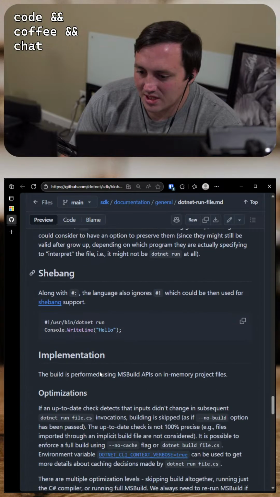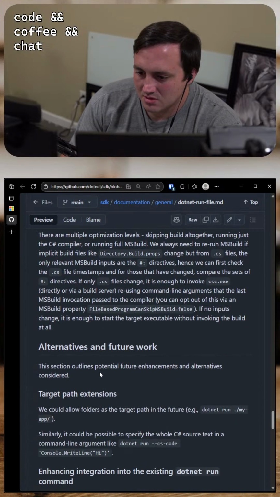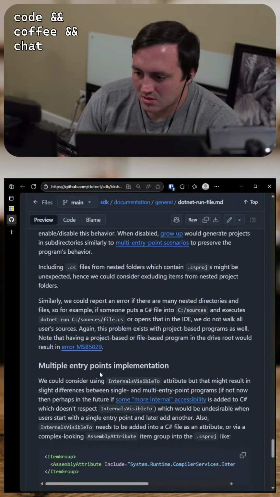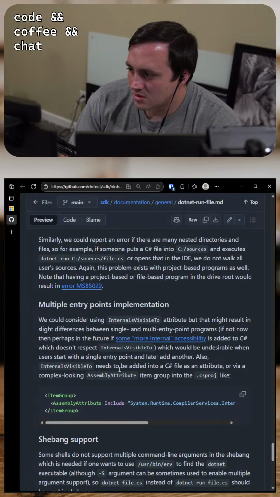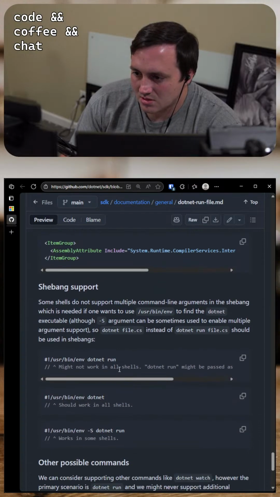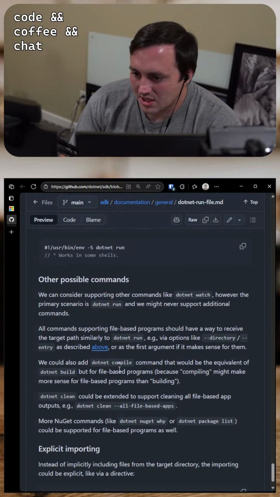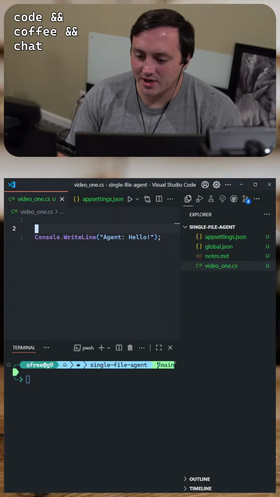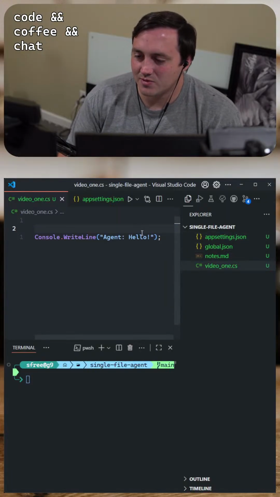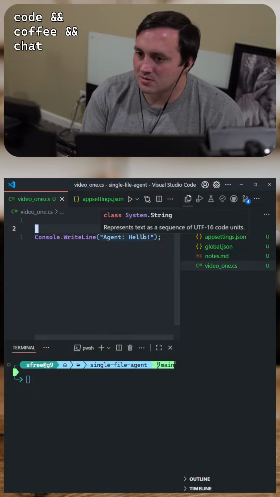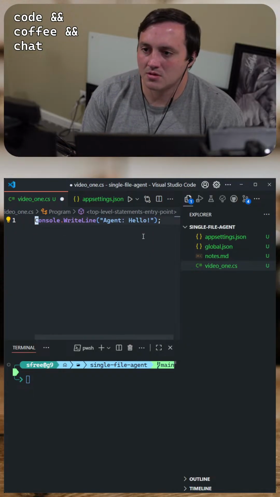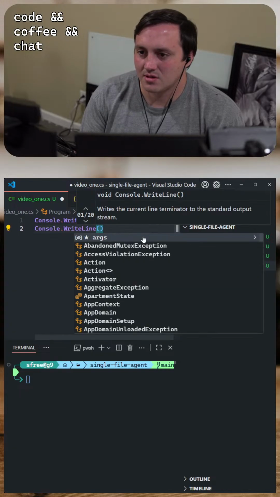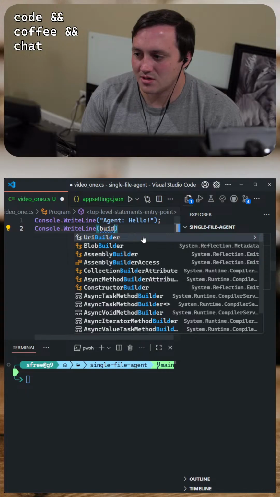There's got to be some way to get access to this file when we run. So, Console.WriteLine. What if I do builder?